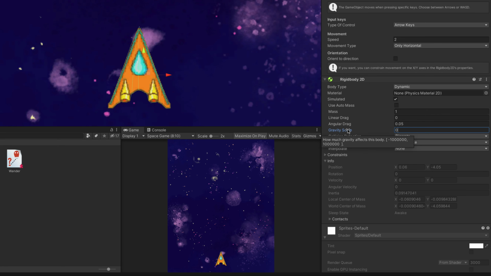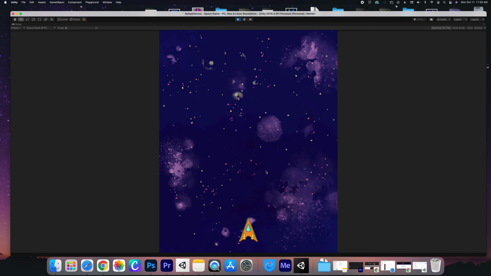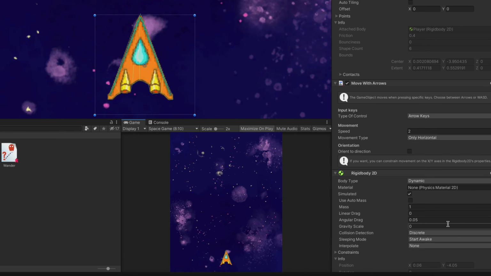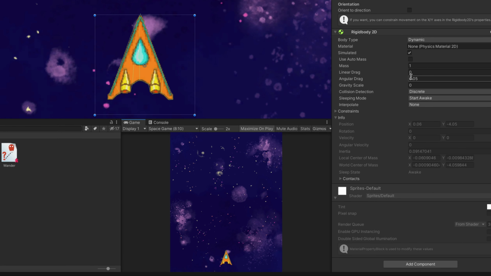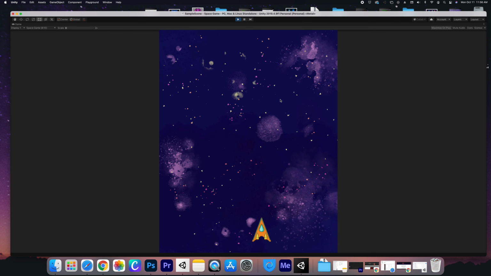The other thing that happens, if you remember, when we click play on this and we start to move, the character really floats a lot. I'm not even pressing the key anymore. If you remember from the last video, what we did is we started to mess with some of our linear drag here and our angular drag. So I'm going to start with a 1 for my linear drag, and my angular drag, let's make that a 1 also. And if we click play,